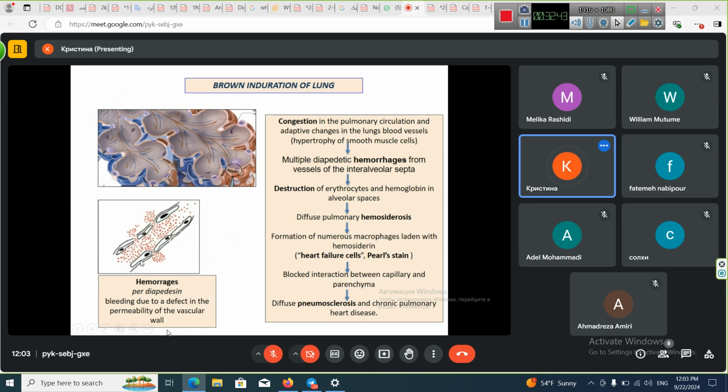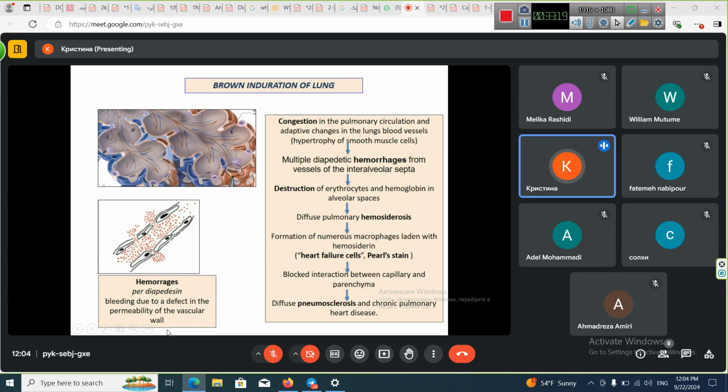It means that there are some gaps and holes between endothelial cells, which are normally not present. Normally we have no gaps, no holes between endothelial cells of blood capillaries, which are in the wall between two alveoli. But now, because of congestion, because of increased blood pressure in these capillaries, there will be